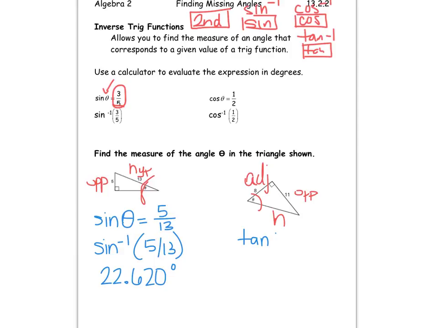We don't know the measure of the angle, so we put the variable that they used there. And then we set up the fraction, opposite over adjacent, so 11/8. We want to know the angle that has that 11/8 as a tangent. So we ask the calculator to look it up for us by doing tangent inverse, second button, or shift, and then your tangent key. And then 11 divided by 8. Okay? And it's